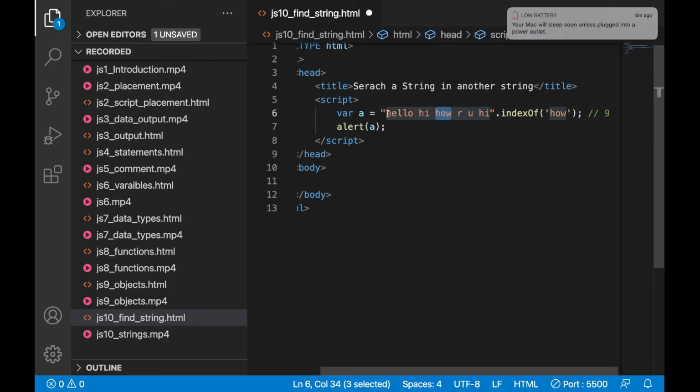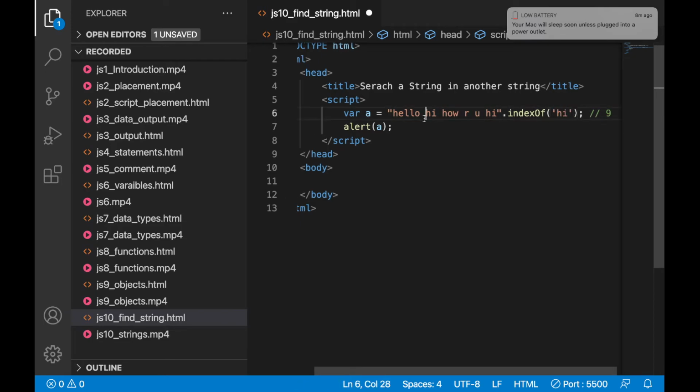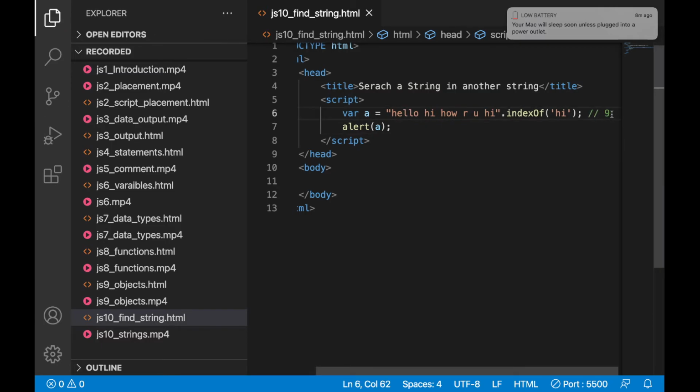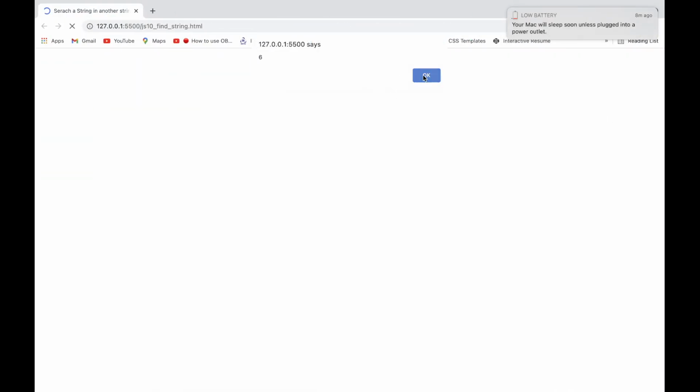If you take from 0 for each character and give the position, then this how position is 9. If you give hi here, the position should be 6. See, the 6th position is coming.